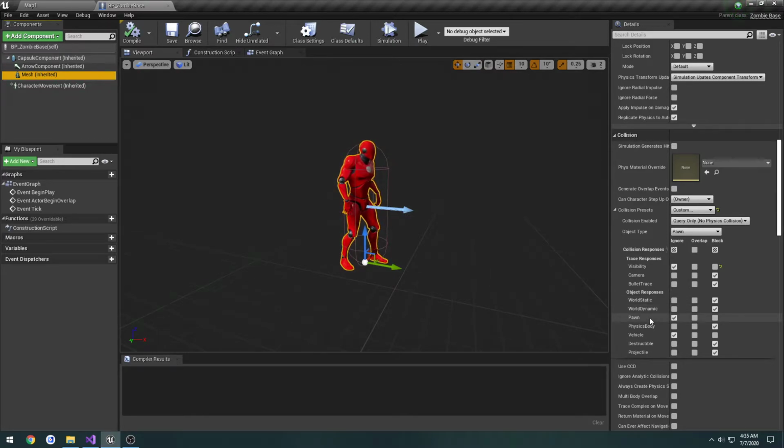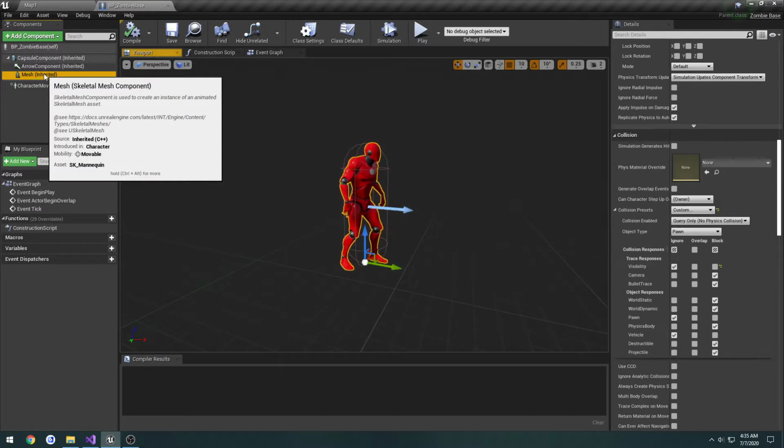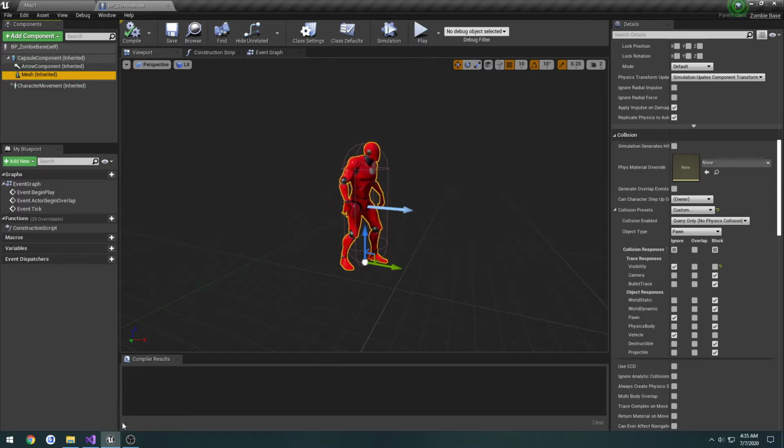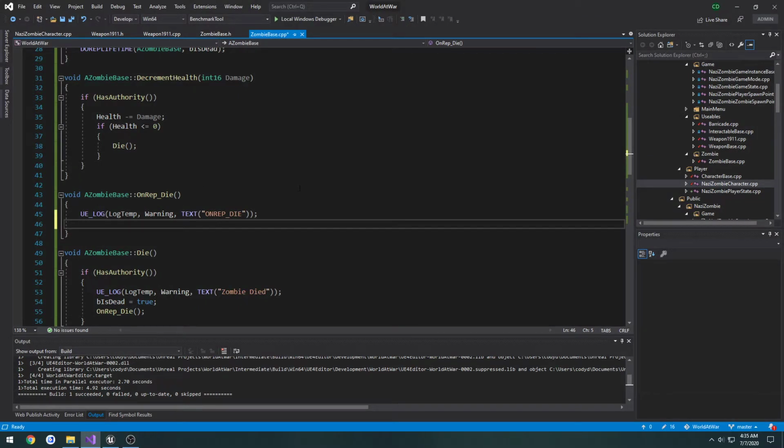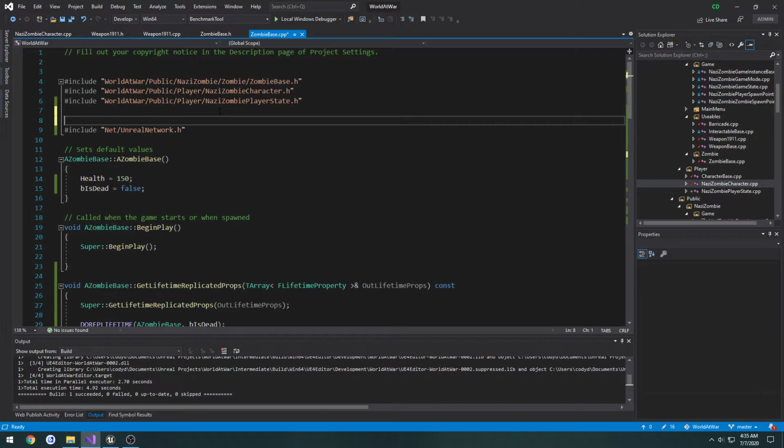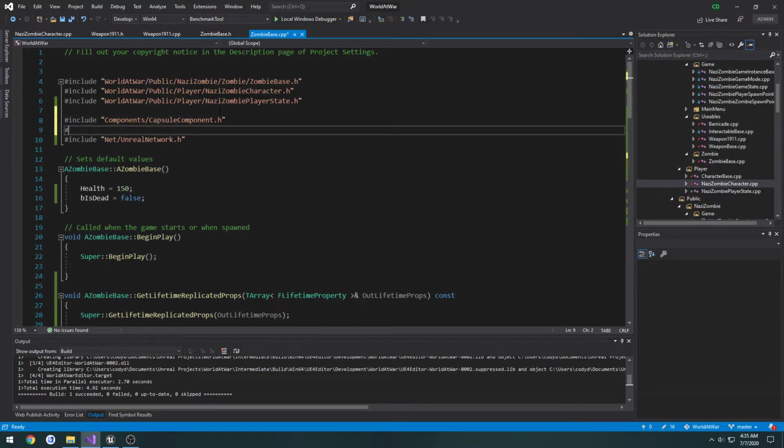If you wanted to make it so when you walk into the dead zombie that it somewhat blocks you and you have to step over it, you would set it to block. And that's about it for now. So what we're going to be doing is getting rid of the collision for the capsule component and setting the mesh to simulate. In order to do that, we need to make two includes. First one being the capsule component: components/capsuleComponent.h,